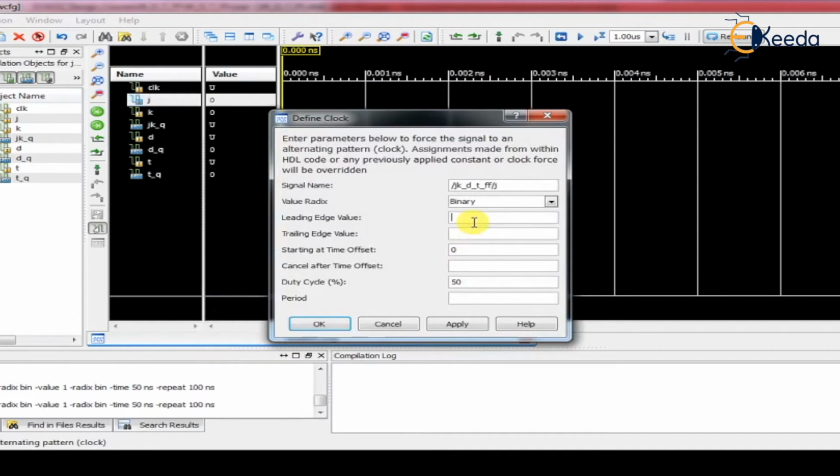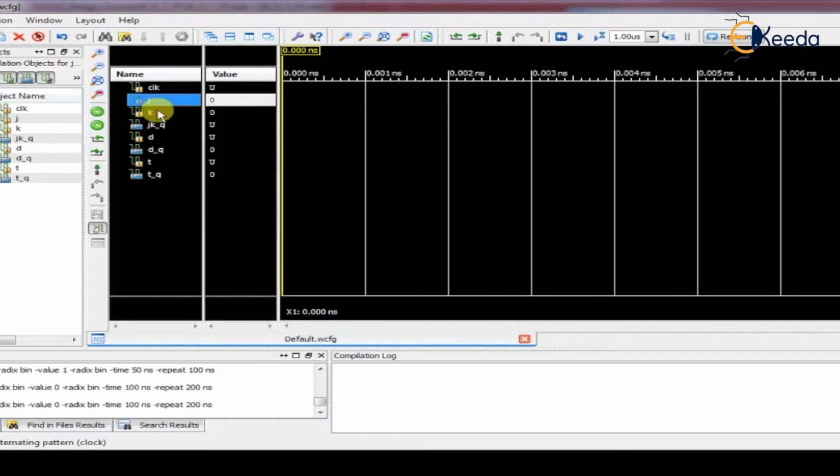So let's see, 1 0. Then here I am creating a clock period a little bit odd, let us say 200 nanosecond. After running, you can understand it better. So I am assigning J 1 0 with 200 nanosecond.